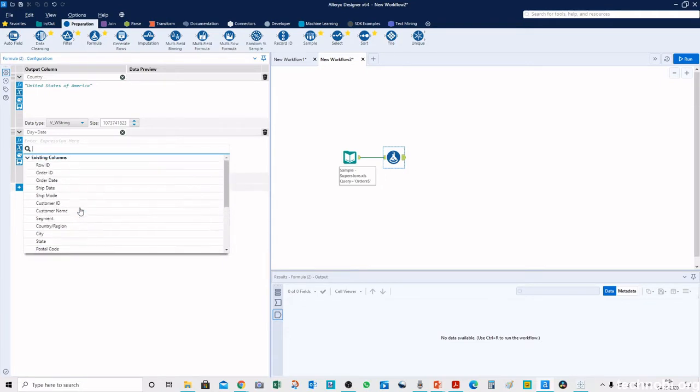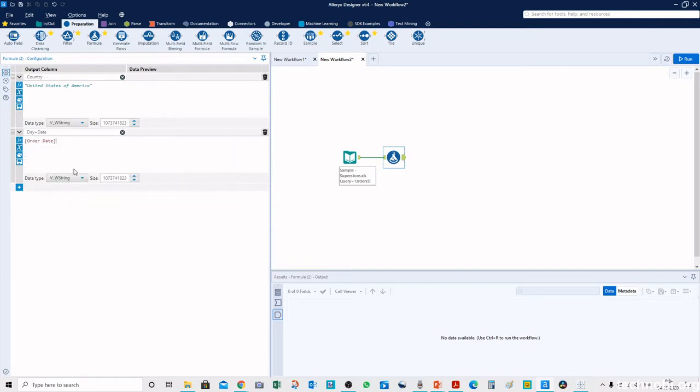So we will select the Order Date here and we want to format it, and we want to add the day like Monday, Tuesday, etc. along with this date. So we are creating another column that will take the date from this field, Order Date, and it will show in the result the date and along with it, it should show the day. So what is the formula for that?